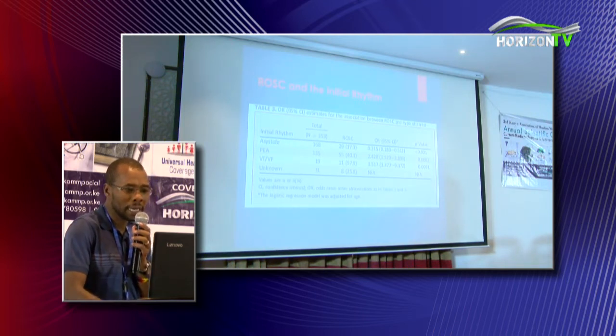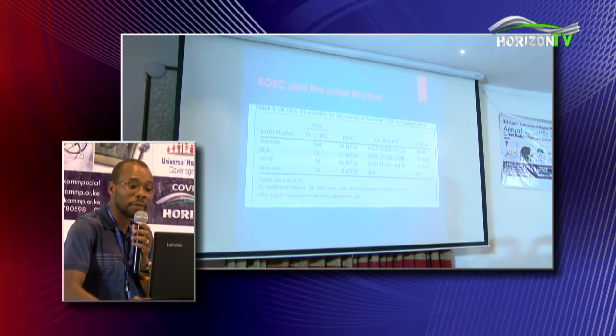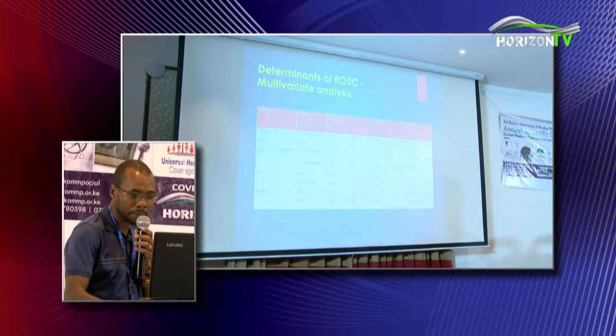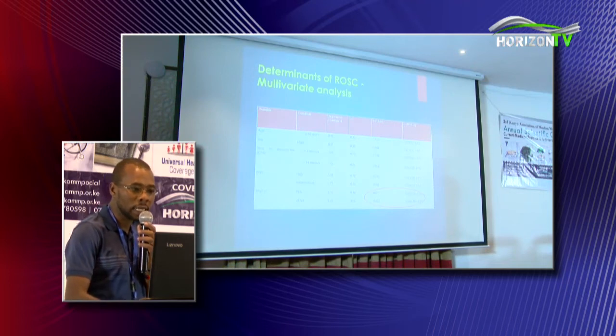Most of them, approximately 58%, will develop return of spontaneous circulation after resuscitation, as compared to 17% and 40% of those who develop PEA. And when you look at the multivariate analysis of survival, for those who get return of spontaneous circulation, development of VF was an important finding. So ICD is really worth it, and we have enough evidence to support the use of ICDs.